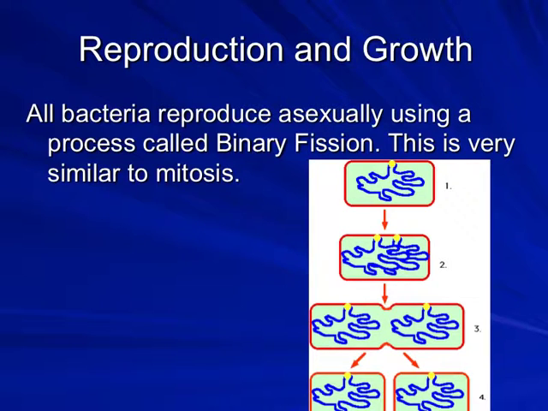All bacteria reproduce asexually. That's a fact. And they use a process called binary fission. This is the process here, and it's very similar to mitosis. One cell basically divides into two identical cells. All bacteria reproduce that way. However,